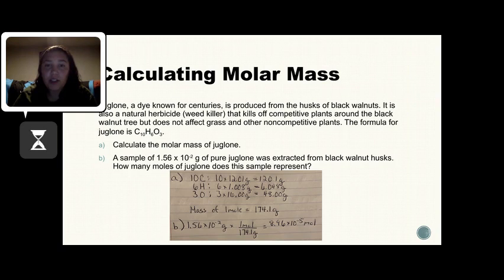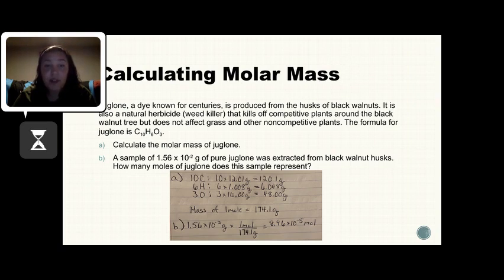So if we want to look for the molar mass of juglone, we're going to use our formula that we were given, C10H6O3. Then we can use the same process we used in the previous slide and look at the periodic table. Carbon weighs 12.01 grams, hydrogen weighs 1.008 grams, and oxygen weighs 16 grams. So we're going to take each of these masses and multiply them by as many atoms as we have. So 10 times 12, 6 times 1, 3 times 16. We get those masses and we add them up to find the mass of 1 mole of juglone is 174.1